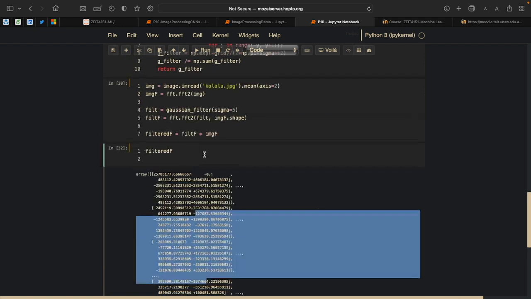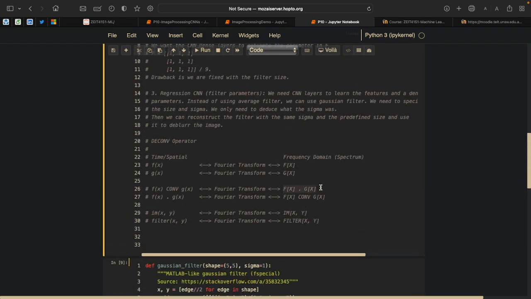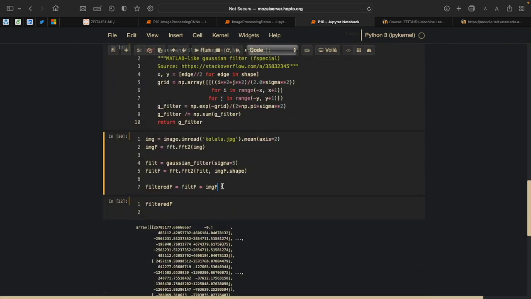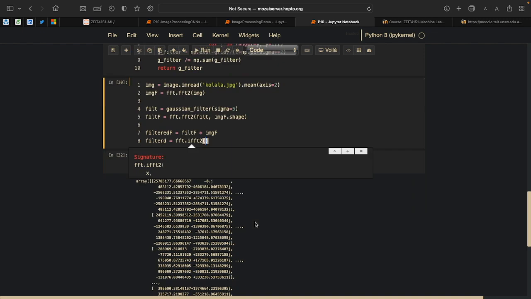Now, if we check this one, it will look like another frequency domain signal. You have lots of things here and there. What we want is this multiplication reversed into the time and spatial domain. So we need to simulate the convolution by doing the multiplication in the frequency domain. Once you do the multiplication here, you inverse the transform to give you F convolved by G. So we need to inverse that. We call it filtered equals, and this would be FFT dot inverse FFT2. And this would take